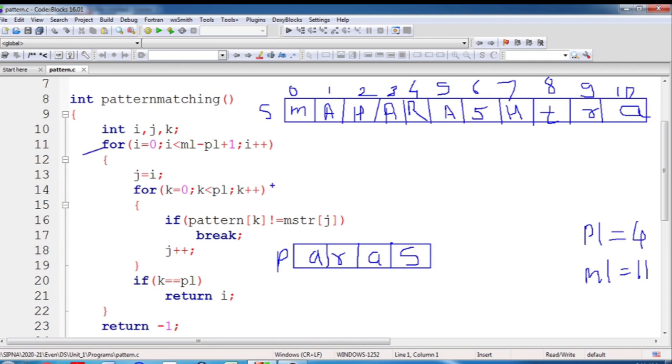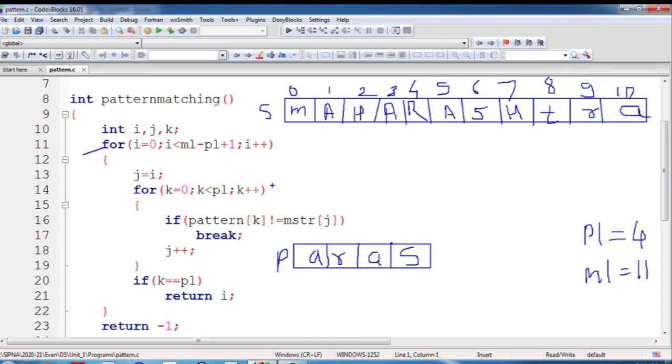This for loop means it will iterate through all the substrings of the string having length 4, because our pattern is of length 4, that's why we will see all the substrings which are having length 4 in the string.